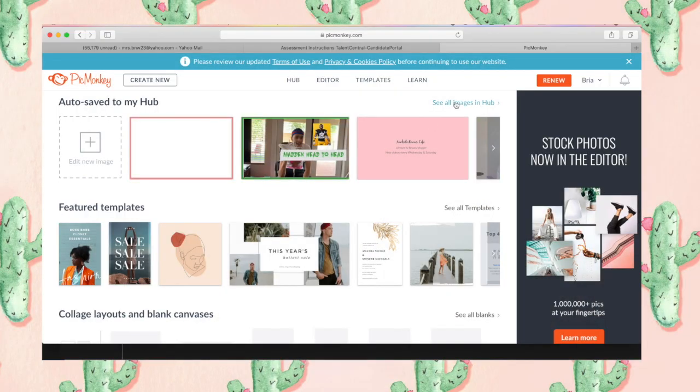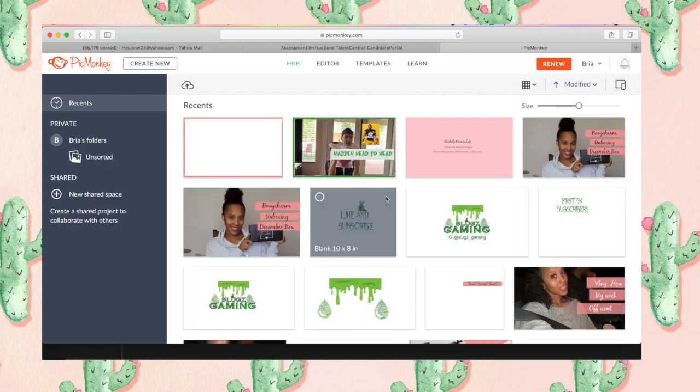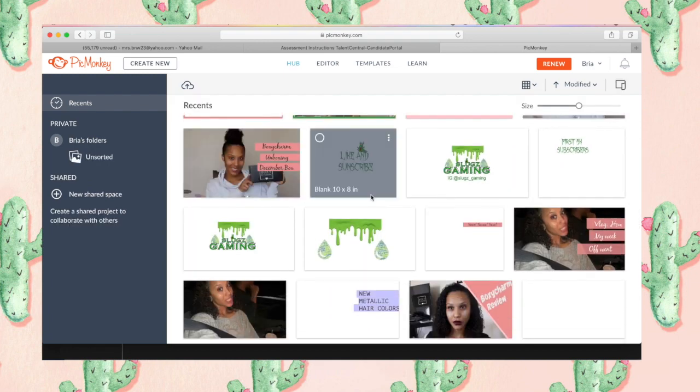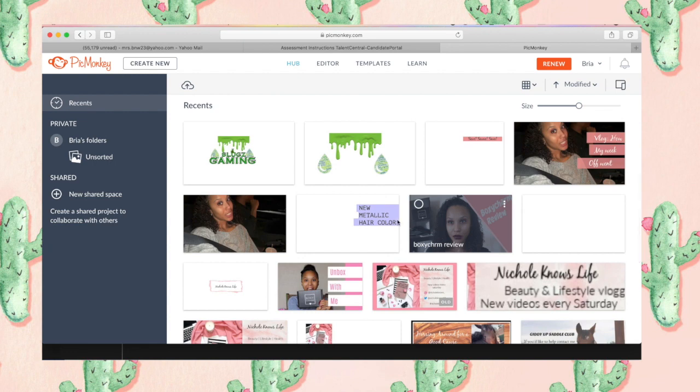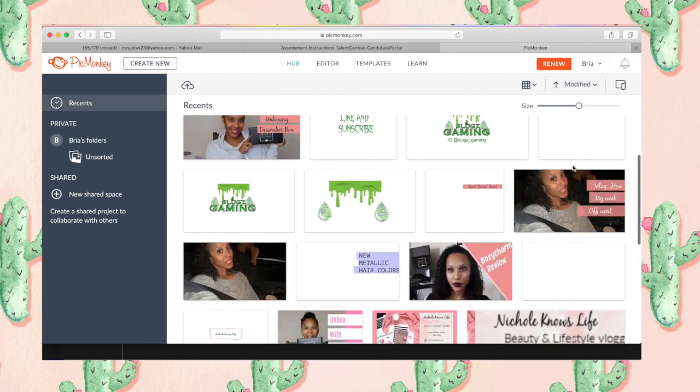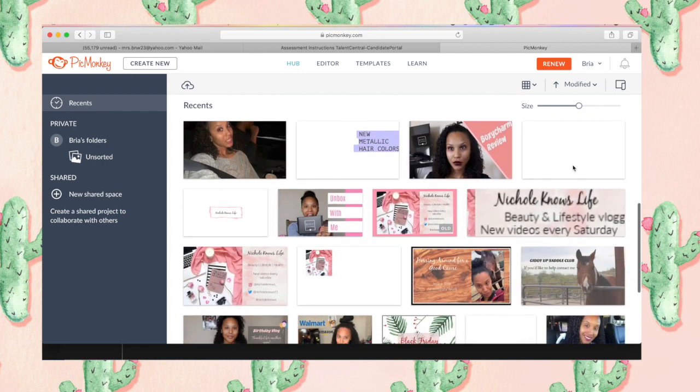Okay, so moving on to number 2, I used to use PicMonkey. It too has a free version and a paid version. I started off with the free version, but the free version was super limited, way more limited than Canva, so I ended up paying $7.99 a month for it, which I don't think was too bad